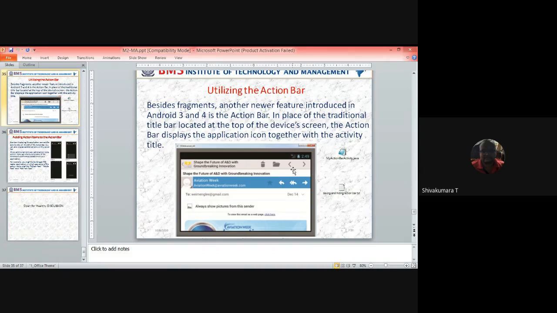Otherwise, to go backward and forward, you would need to use either the keyboard option or the refresh button. So rather than going with that, you can provide short, actionable menus for the end user to ease access to that particular application. So let us look into the snippet code of that action bar.